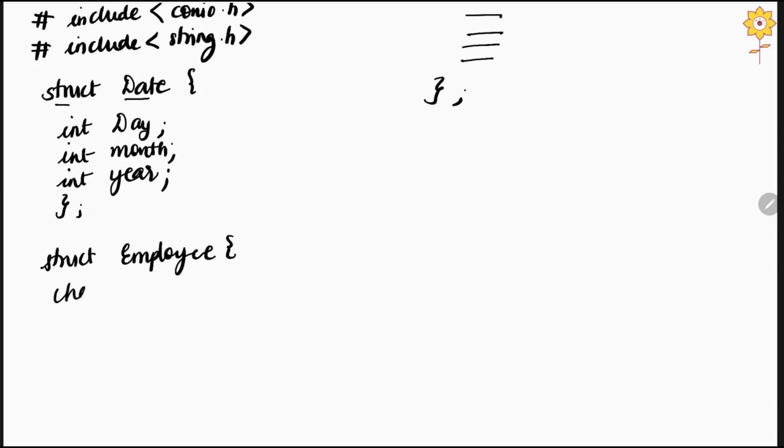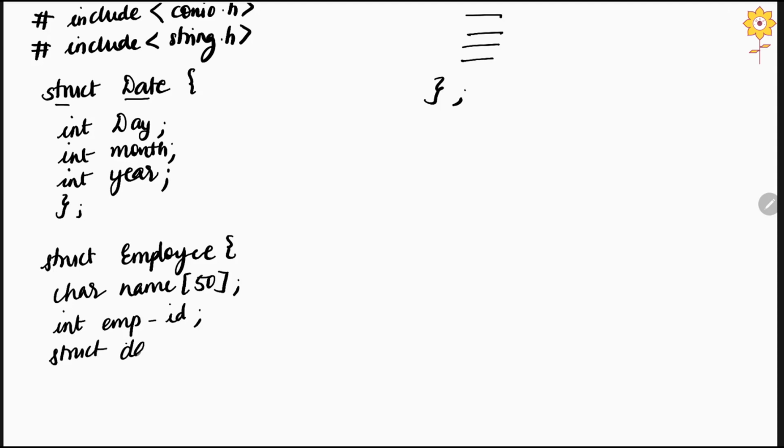So char name, so we have created a string which can have 50 elements. Then we have created a variable employee ID of integer data type, and we have created this structure within structure